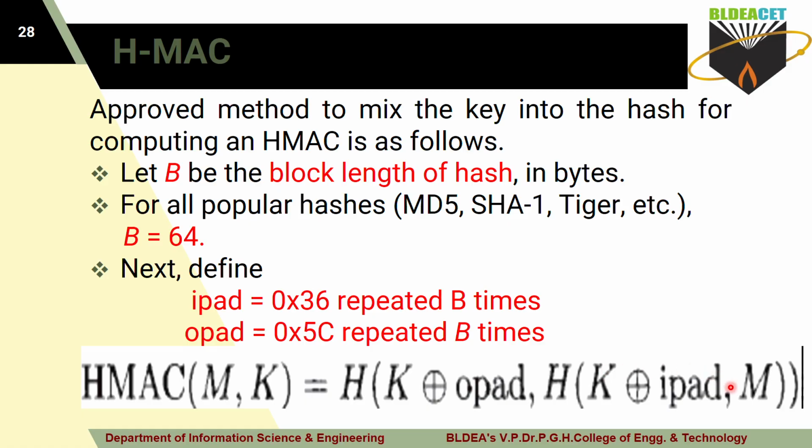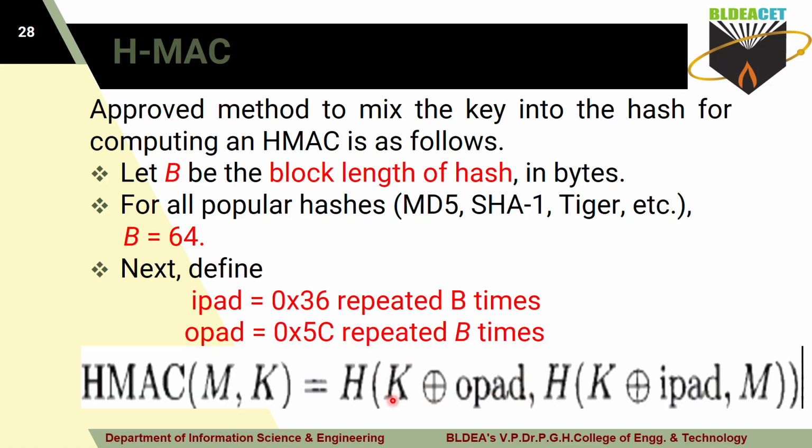First they calculate the hash value for the key XOR IPAD appended with M. Then that result is hashed again, and that hash value is appended to the key XOR OPAD.